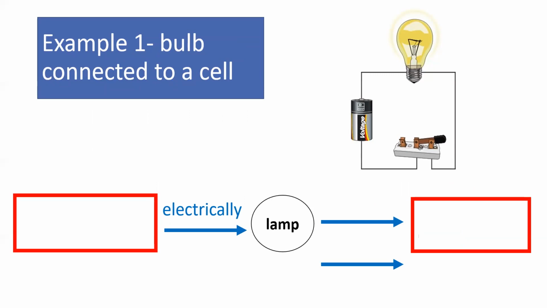Example number one, a bulb connected to a cell. So you've got the cell, which provides electrical energy to the lamp. The lamp is the energy converter. What does the lamp do? It converts electrical energy into light and heat energy. On top of your screen, you see the circuit diagram. You have your cell, you have your switch. The switch is closed. The electricity from the battery or the cell flows into the light bulb. What does the light bulb do? It changes it into heat and